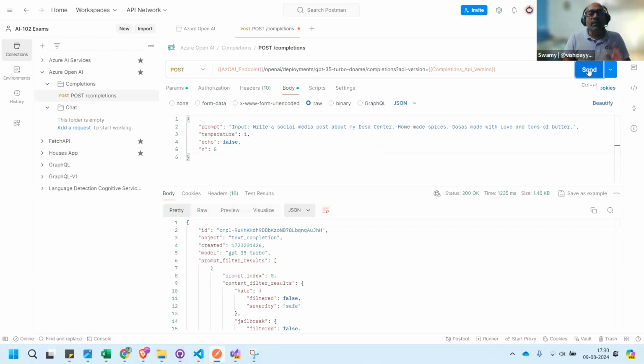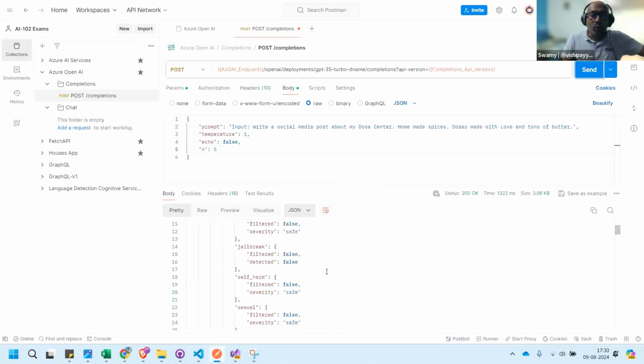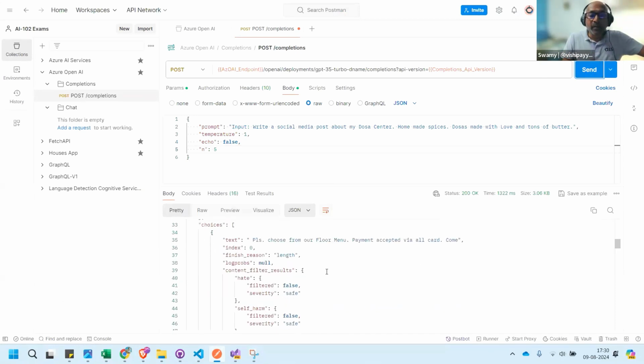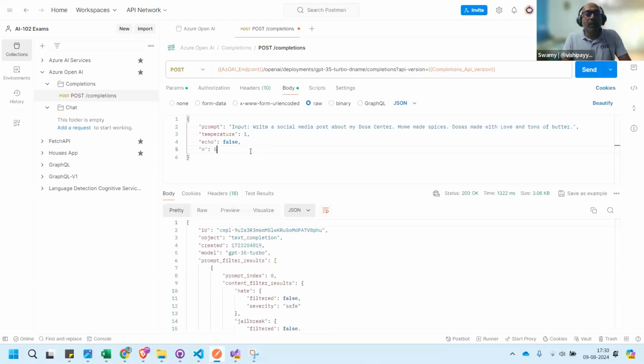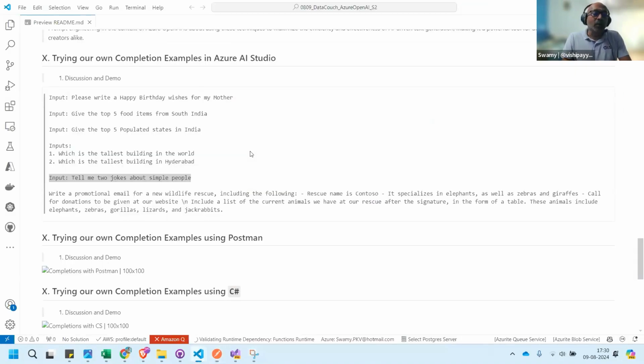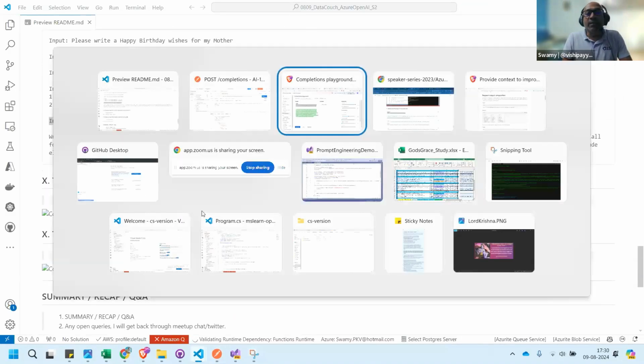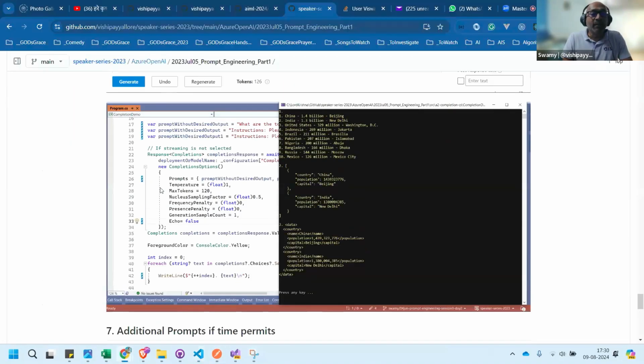Now what happens is it generates 5 different outputs. Maybe the tokens were hit. A lot of things are coming, like 'Please choose our menu. Payment accepted via card.' Maybe the length I gave was lesser, and that might be the reason we are not seeing the full outputs.